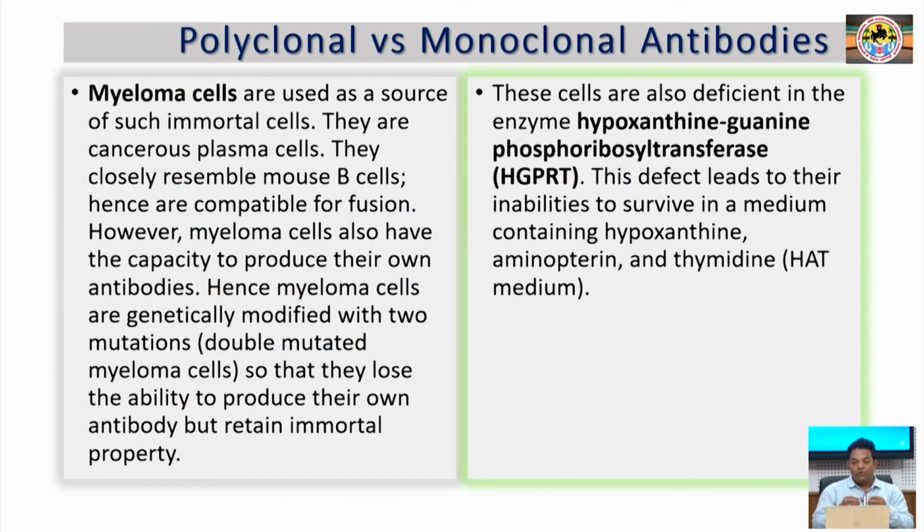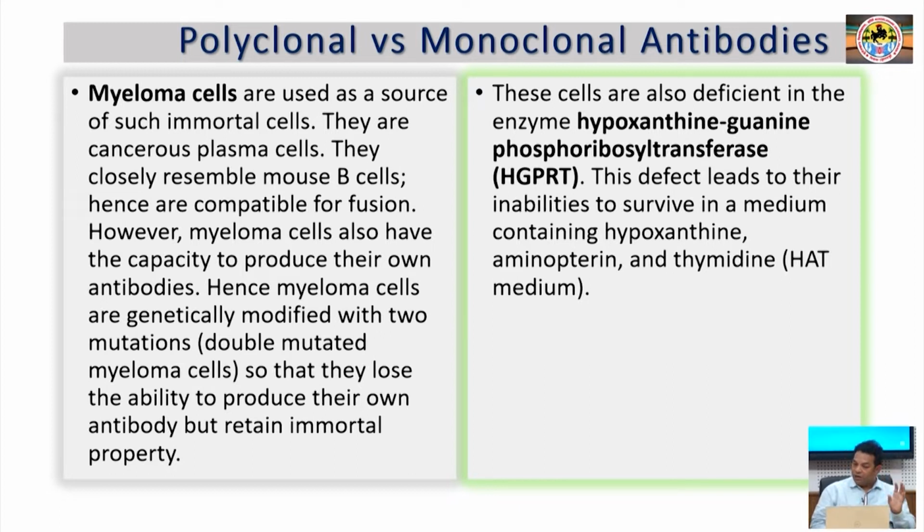This may be problematic. So, after making some genetic changes in the myeloma cell, we have to isolate their immortal property. We have to stop their antibody production. Are you getting it? Otherwise the immortal cell is going to produce its own antibody, so in our setup we have to stop it. How can we stop it? By genetically changing it two times, three times, whatever it may be. We just need the immortal property.